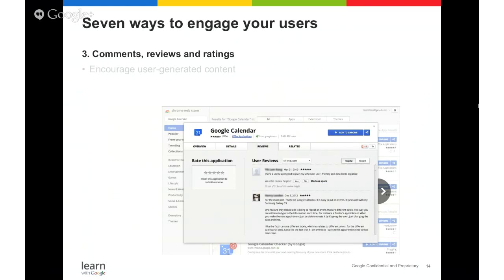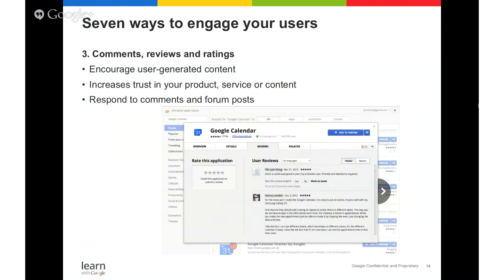Okay, number 3, comments, reviews, and ratings. Along the same principles as talking to your users and getting them to engage, you can also enable mechanisms to encourage user-generated content. In particular, if you have options for your users to star your content or add comments, or if you're using social widgets to +1 or Facebook like, this lets your users speak to other users about the value of your content,